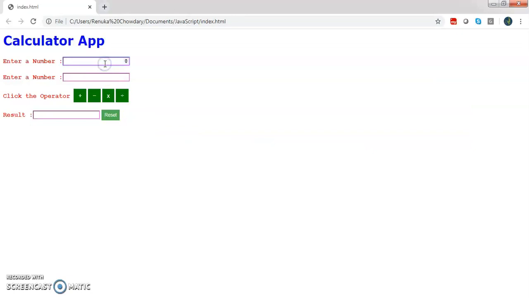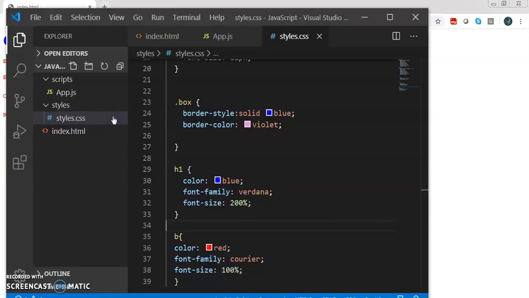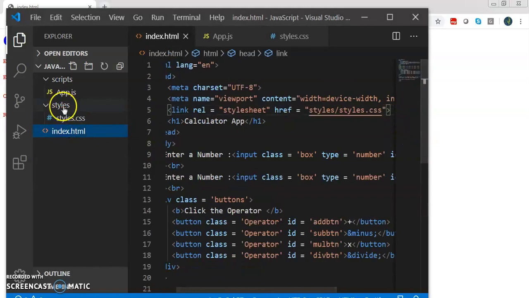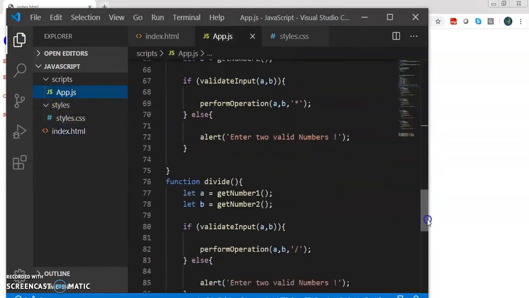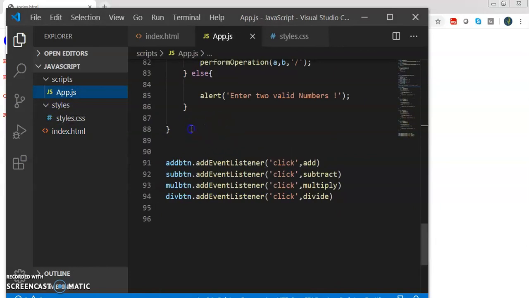So let's check once again. 25, 21, 6, 1.5. So the reset functionality is not enabled. So we have to create an add event listener for the reset button as well, and then call the reset function.